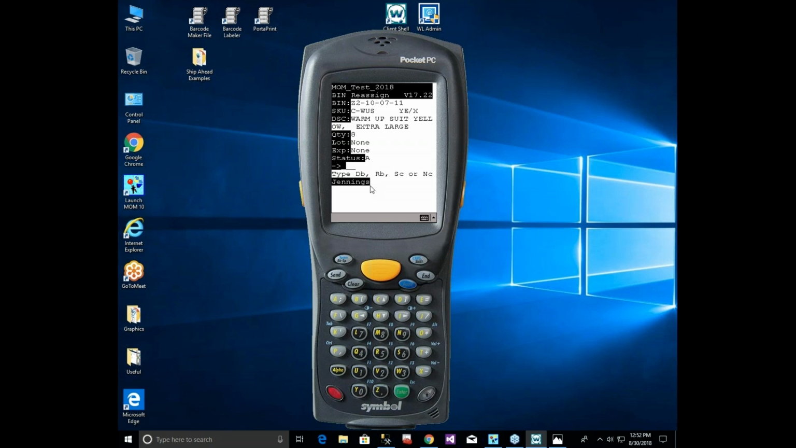And if you type SC, what it does is a status change from A to D, active to disabled, and back again. So I'll just show you the SC real quick. I'll type in SC, and its process was successful. So if I scan that location again, you see that in M.O.M,